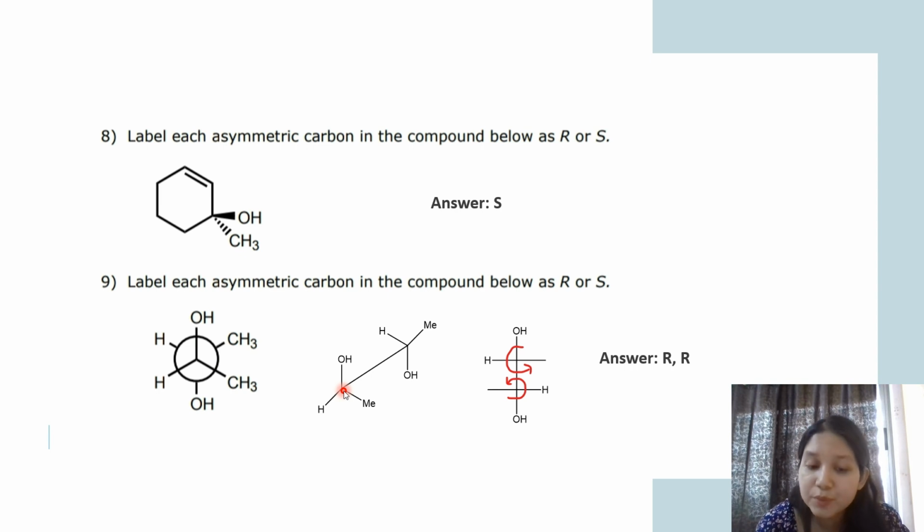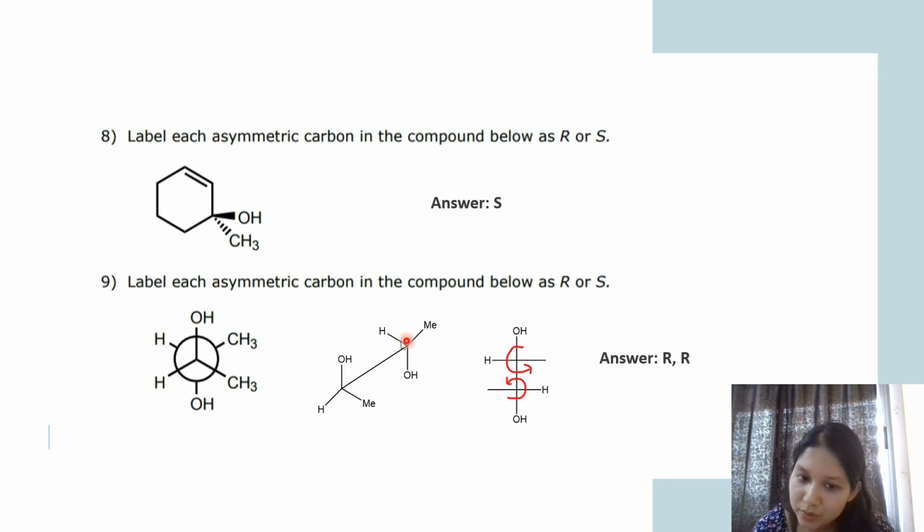For that, you have to bring those substituents in the same direction which are present in the same plane. See, this hydroxyl and this hydroxyl are present in the same plane. So you have to rotate it by 180 degrees so that this hydroxyl will come above. So by rotating it by 180 degrees, this hydroxyl and this hydroxyl become parallel. It comes here,